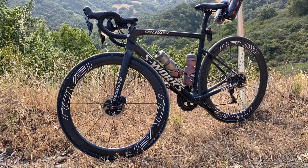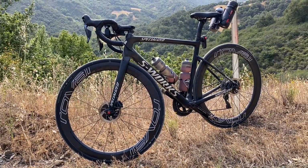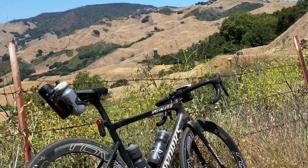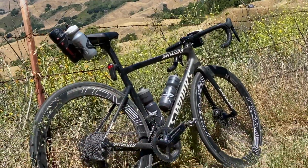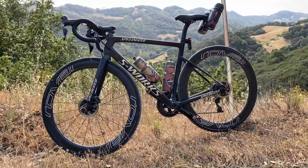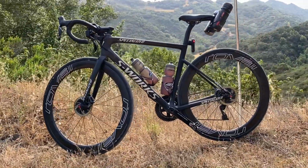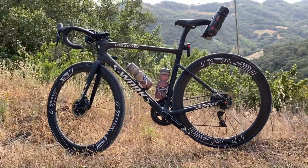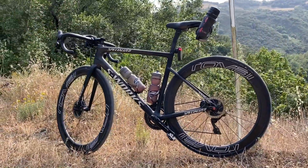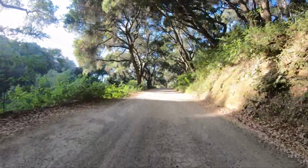A lot of us are looking for gravel bikes, including me, but I have been riding my Tarmac SL6 Disc, and so far it's been pretty good. I would probably still like to get a gravel bike, but I am actually enjoying a lot of the gravel around here purely on this road bike. This bike did win Strade Bianche more times than any other bike, so it's definitely good enough on kind of